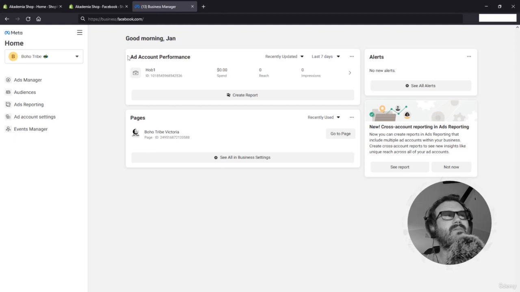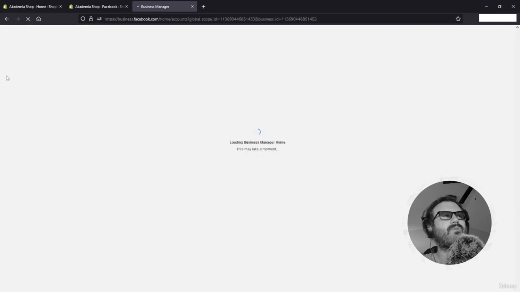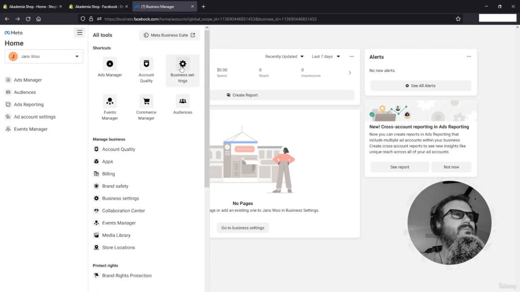You should see a page somewhere like this. You may have multiple businesses on the side. If you do, go ahead and select the appropriate one. If you only have one, you might not need to do that. What we're going to do from here is look for this little tools icon up here and go to